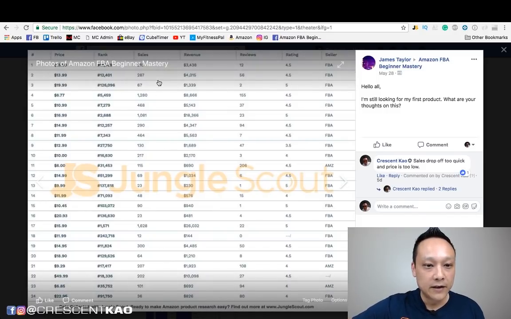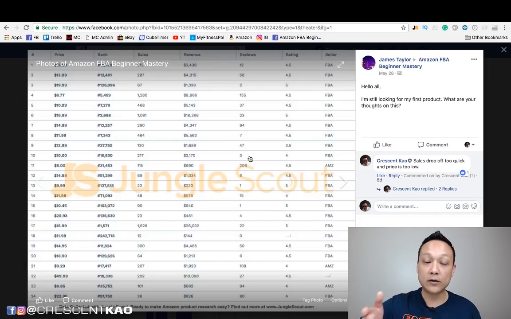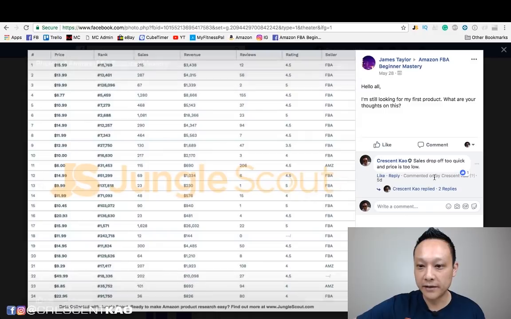Look at the sales. Again, if it's 300, make sure the average is around 300. And it looks like in the top 10 it could be, but it drops off dramatically again, down into the double digits. So another one to be wary about. And the reviews, again, 7 out of the top 10 have less than 75 reviews. 1, 2, 3, 4, 5, 6, 7, 8. It does. So it passes on the reviews. So the problem with this one, the price is borderline too low and the sales drops off too quick. So that's 2 strikes out of the 3. No, I would pass on this one. And it looks like I said the same thing right over here.